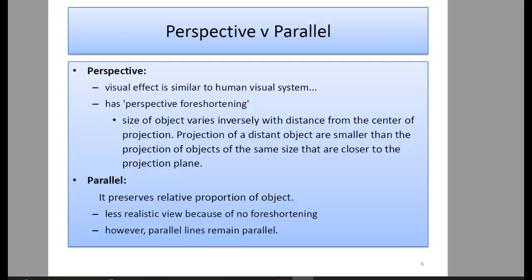Now the broad difference between perspective and parallel: perspective, which converges, is like the human eye, wherein we see foreshortening. In foreshortening, if an object is far away, it looks smaller. If the same object is closer, it looks bigger. But parallel projection preserves relative proportion. This foreshortening, the bigger and smaller because of distance, that is the depth, is present in perspective but not in parallel projection. The perspective projection works kind of like our